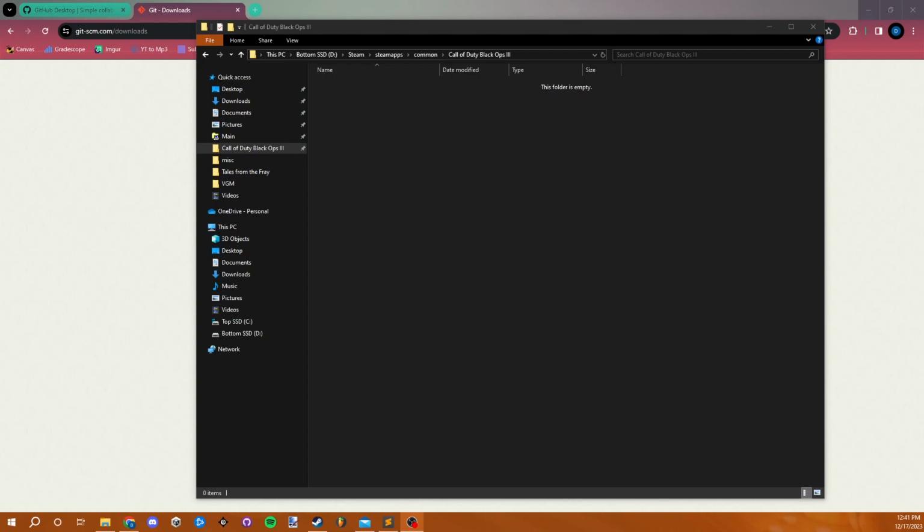Today I wanted to show a bit of a more advanced tutorial because I haven't really seen it anywhere. And this is for collaborating with multiple people or just multiple computers on the same Black Ops 3 modding project. So basically, if you and your friends want to make a map together, in the past, the methods I've seen